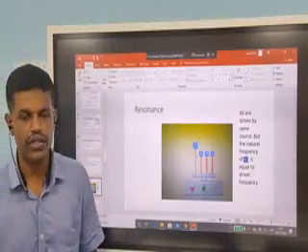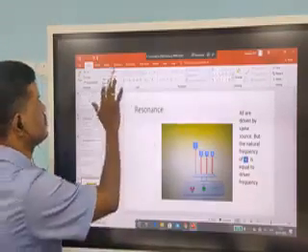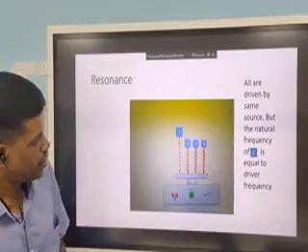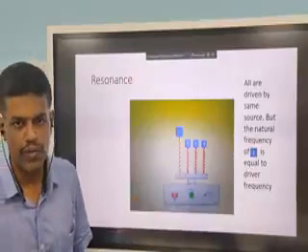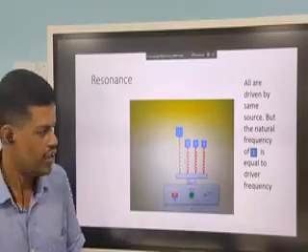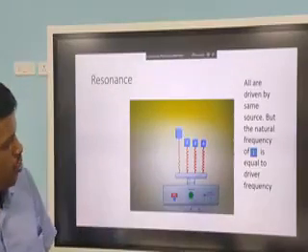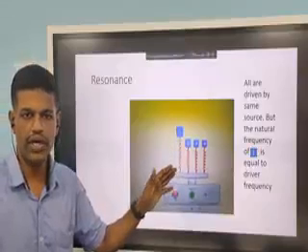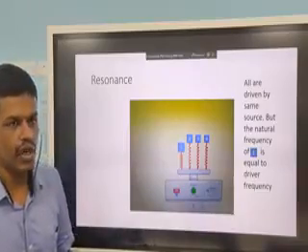Now, I invite your attention to a very interesting phenomenon which is seen in the case of mechanical systems. Here you can see 4 springs connected to a piston. When the piston moves, all the springs start moving. But let us see if there is any difference. You can see all the springs are oscillating, but spring 1 has got some additional amplitude. Spring 1 is moving with maximum amplitude.